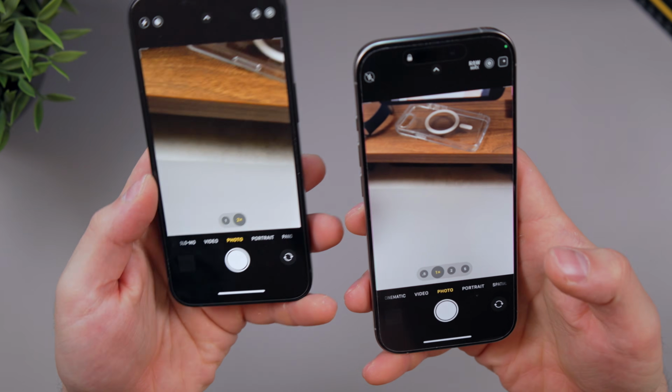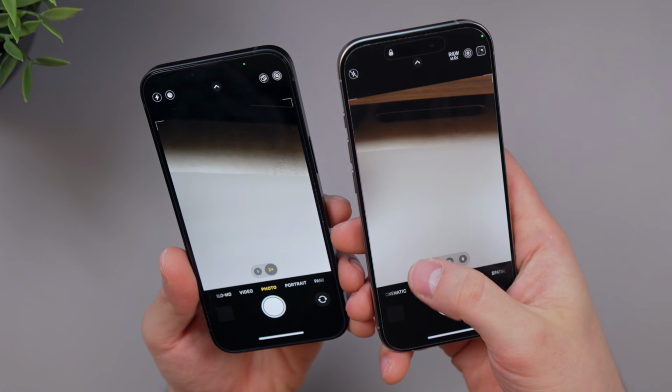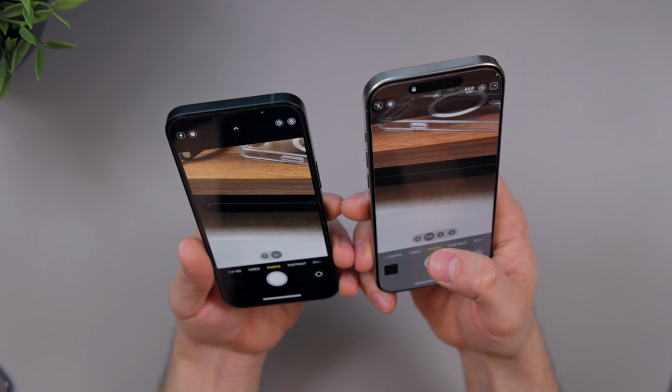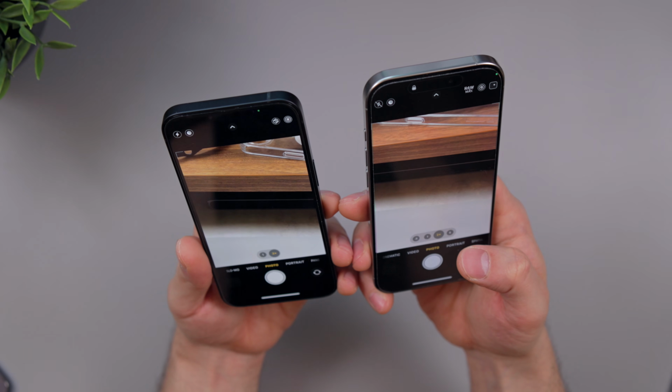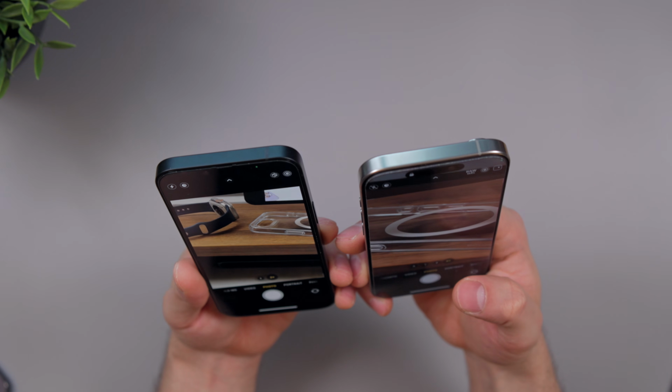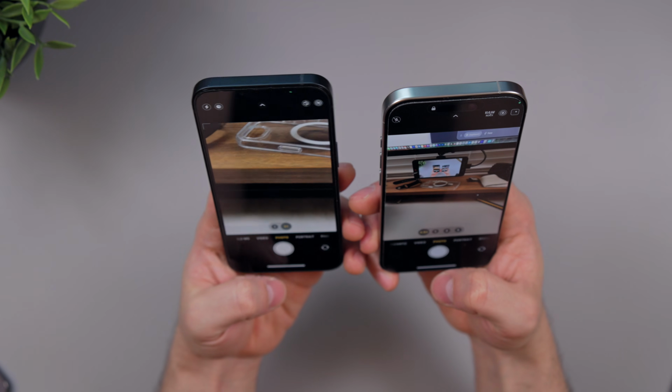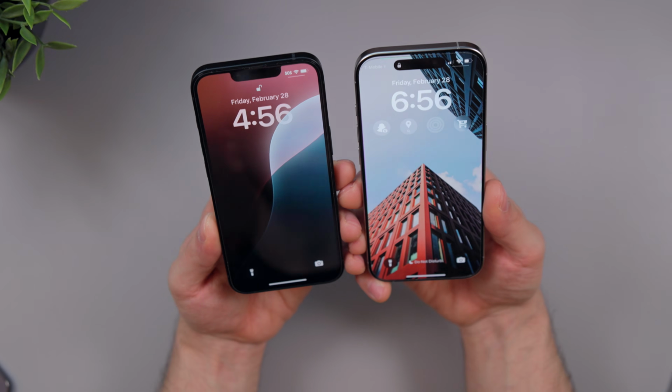Meanwhile, if we go on the iPhone, you of course can see that we have a wide angle lens, a 2x and a 5x lens on here. But that 2x right here is also a digital zoom. So unless you go to the 5x, then you're using an actual lens on here. But overall, 3 lenses here versus 1 lens. Of course, a lot more versatility